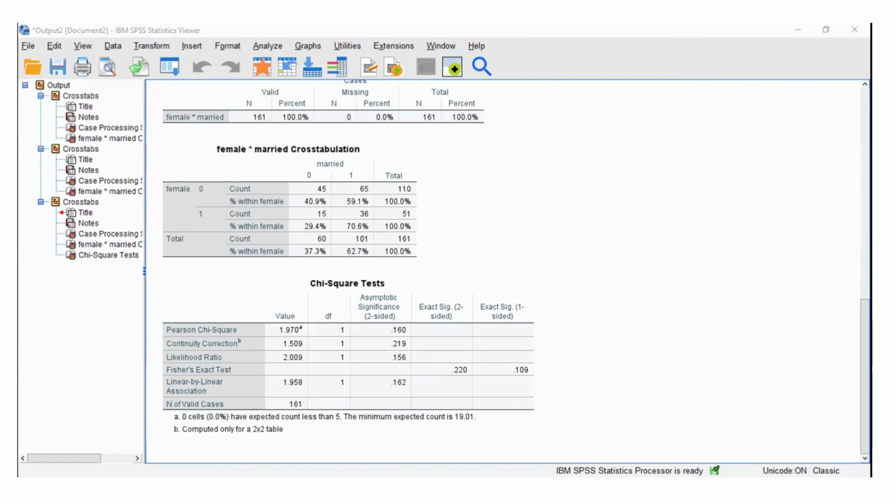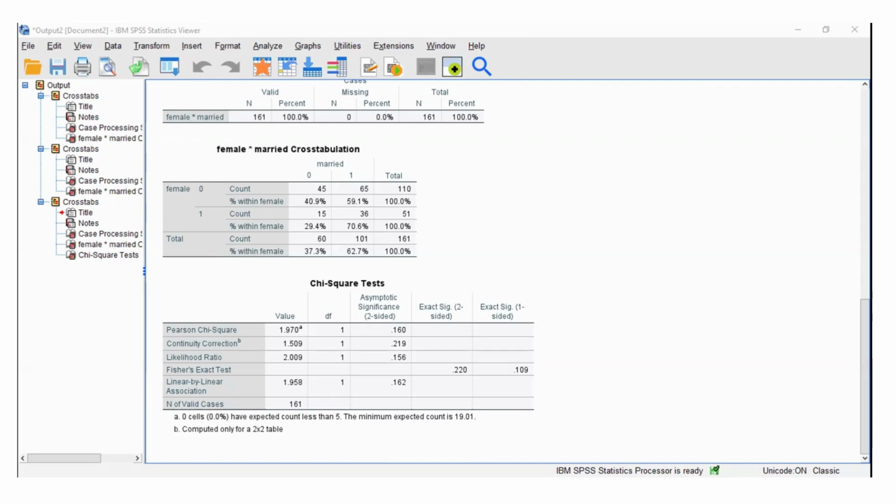So that's what we are doing now, the chi-square test. Let me throw in a freebie, which is not part of the practice today. When you look underneath, you can see where they wrote A, 0 cells, 0% have expected count less than 5.